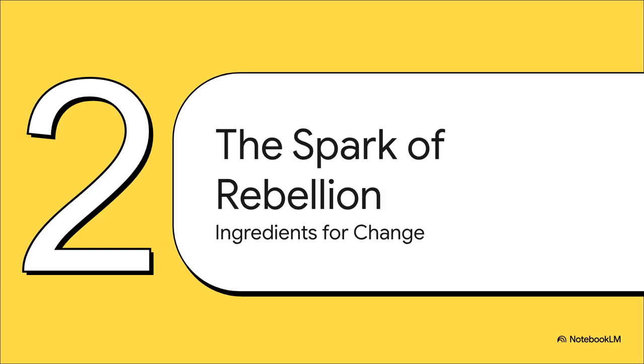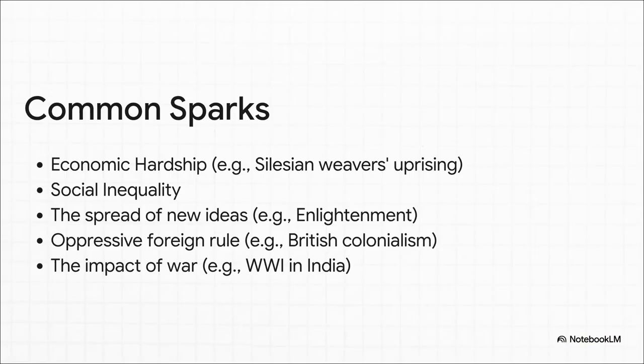And what you're about to see is that whether we're talking about 19th century Europe or 20th century India, the things that light the fuse are remarkably similar. What's so fascinating here is just how much these situations overlap. I mean, in Europe, you've got weavers in a place called Silesia rising up because contractors just slash their wages to nothing. In India, you have farmers facing insane taxes to pay for a war happening thousands of miles away. In both places, you've got these new ideas about freedom and rights colliding with the harsh reality of an oppressive government and just economic desperation. That is a volatile mix.